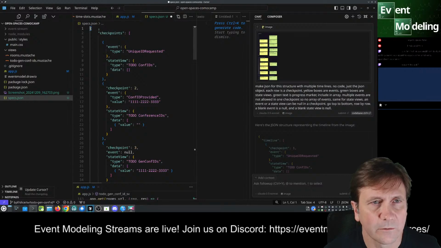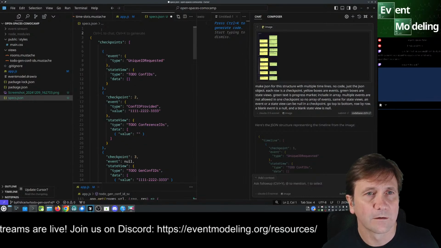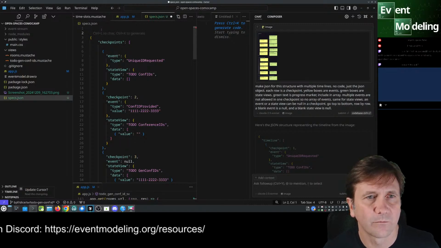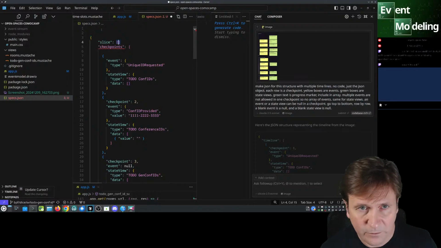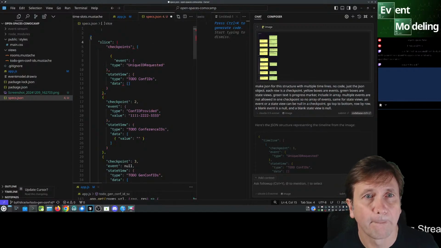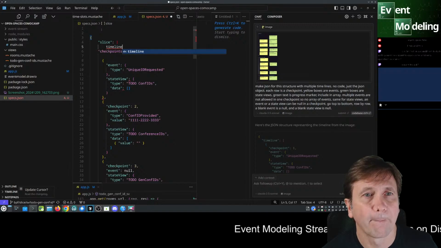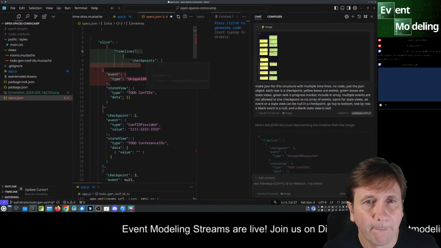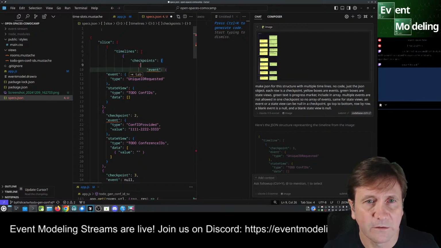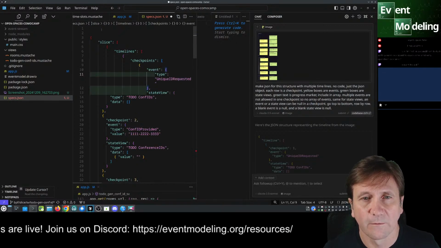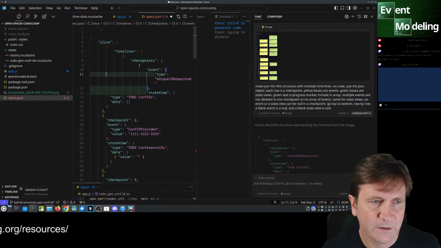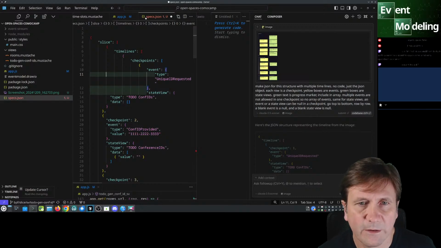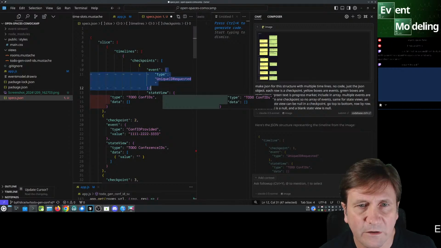And here I can do slice. And here I can do knows checkpoints, yes. And we know an event, yes. And then, see, it doesn't interpret the screenshots. But anyway, this will be event is null.